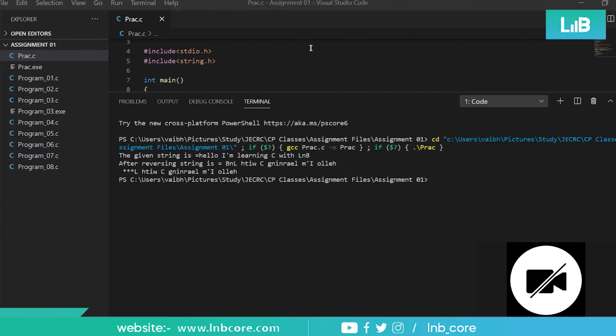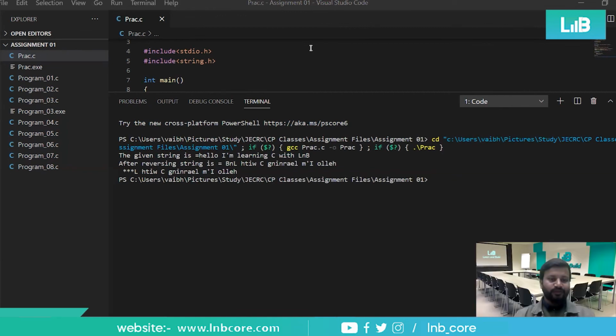Sir, the processor is slow, i3. Yes, that is also a reason. However, the application is quite big also.